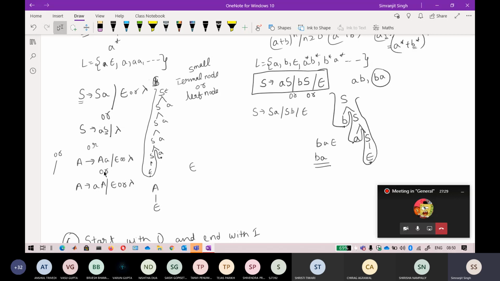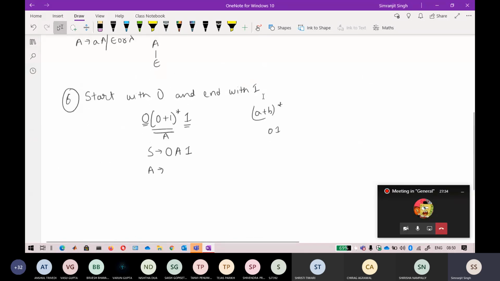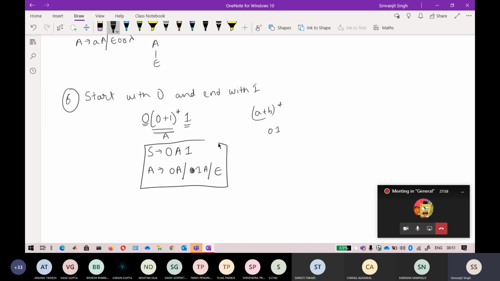Because we have already discussed it in this question, that (A)^n is a building block. So what you do, you just take this A and you write, if you want a number of zeros, you write 0A. So you will get any number of zeros from this one, and if you want any number of ones, you write, sorry, 1A. Because this is raised to power star, in the end you want an epsilon. So this is the corresponding grammar pertaining to this question. If you have any doubt you can ask me in the same way.